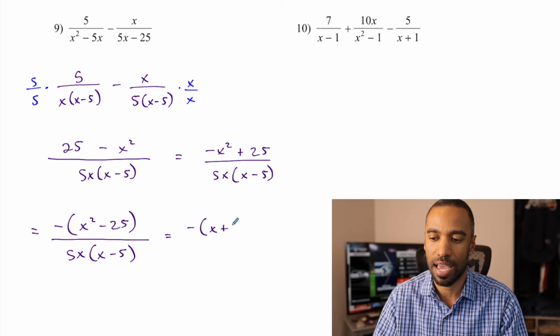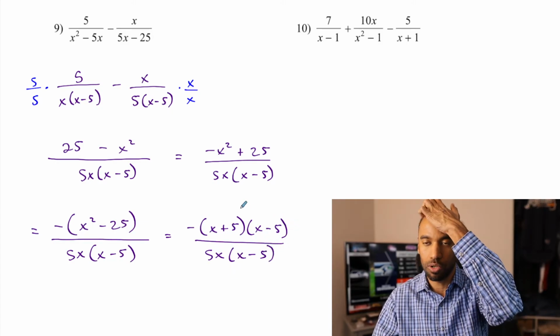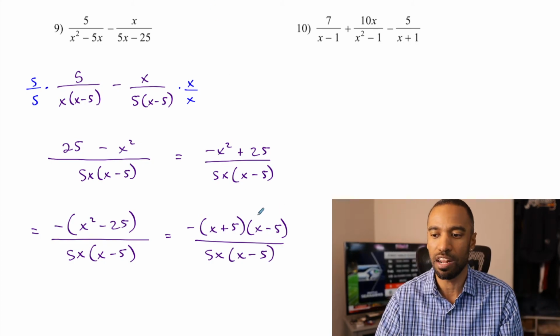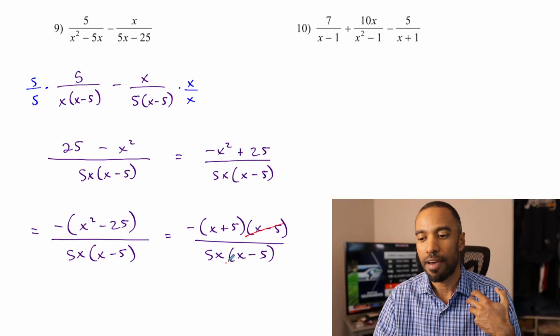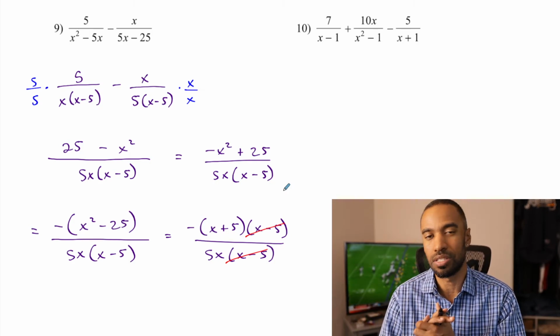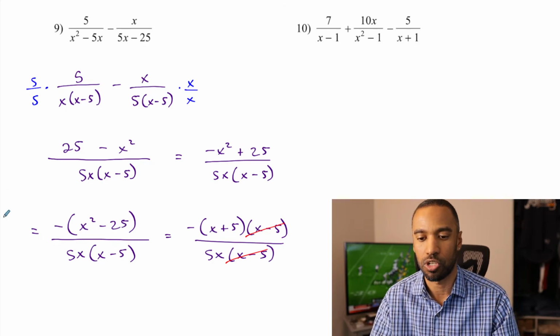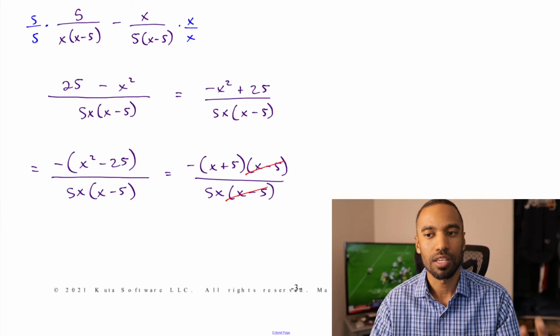This turns into x plus 5 times x minus 5, the x minus 5 that I was looking for to get that cancellation. This is one where you got to be a little creative. Well, I mean, part creative, but part understanding. Factoring out negatives, writing things in standard form. There's a reason these rules exist. They help us find things that we're looking for in such a way that'll be beneficial to us solving, simplifying